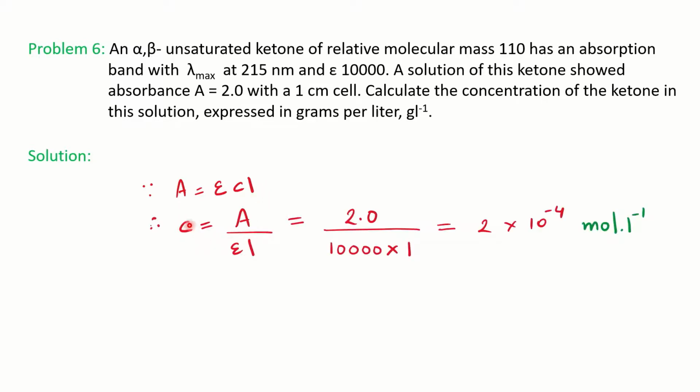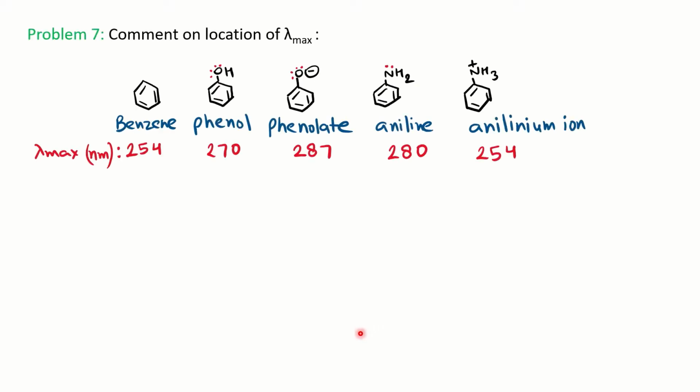So they are asking you to calculate the concentration. You can put the values here. The concentration will come in mole per liter. But they are asking you to calculate in gram per liter. So what you have to do? You have to multiply this value with the molecular mass and you will get the answer in gram per liter. If they are asking you to calculate in gram per ml, then in the same equation you have to multiply along with the molecular mass by 10 to the power 3. In that case, you will get your answer in gram per ml. So such kinds of problems you can solve.